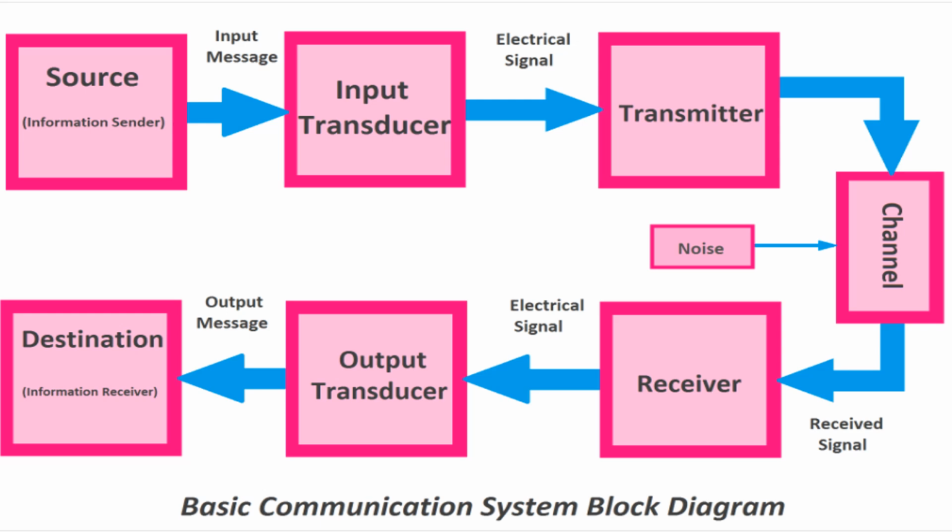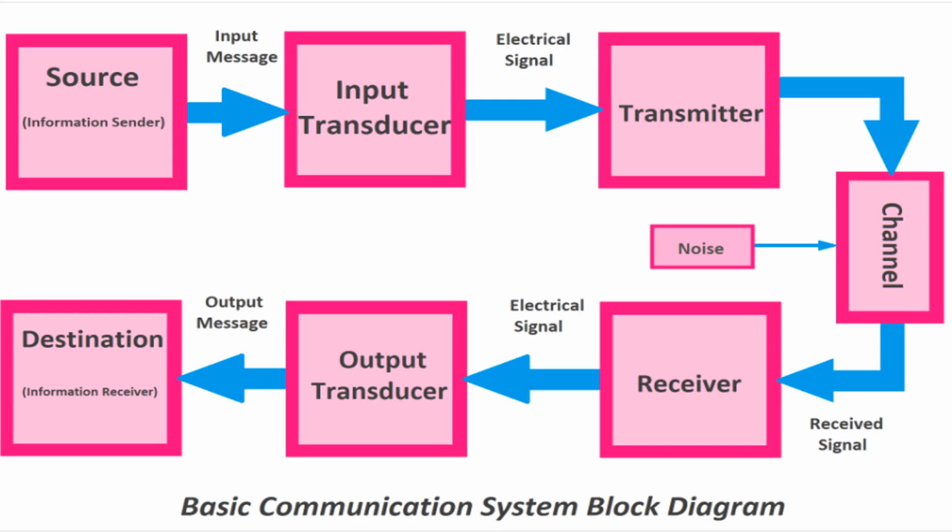This is the second slide, which represents the basic communication system block diagram. Here, first of all, it needs a source, which is the information sender. Now the input message goes to the transmitter through the input transducer, and after that it's sent to the receiver through the channel, and